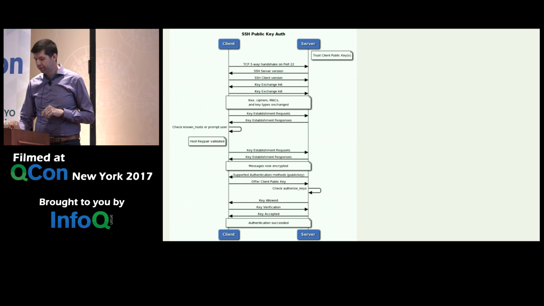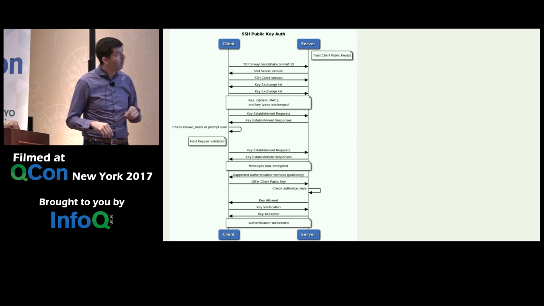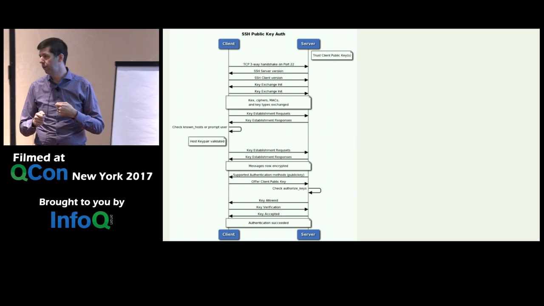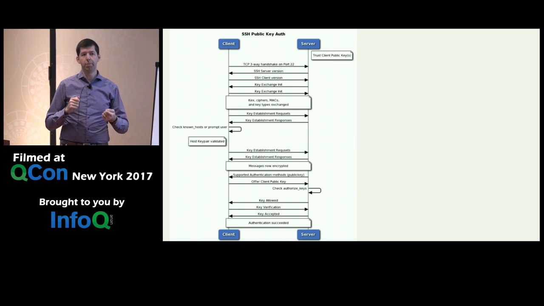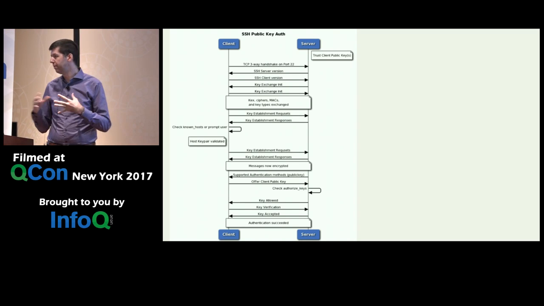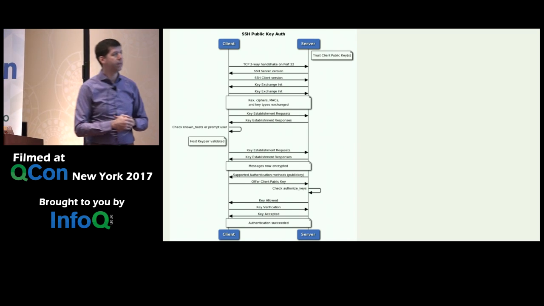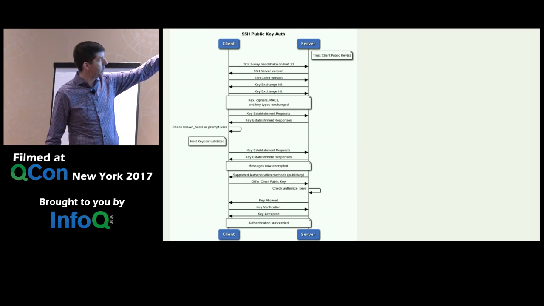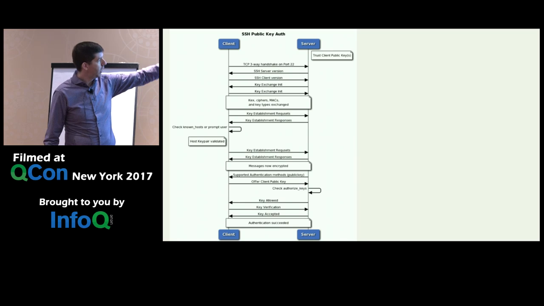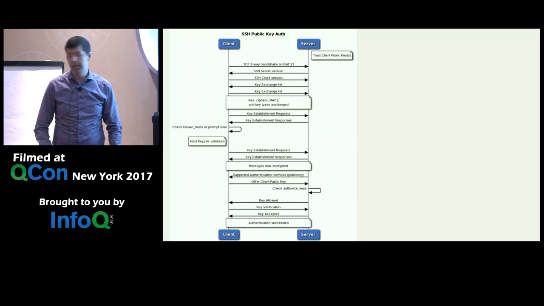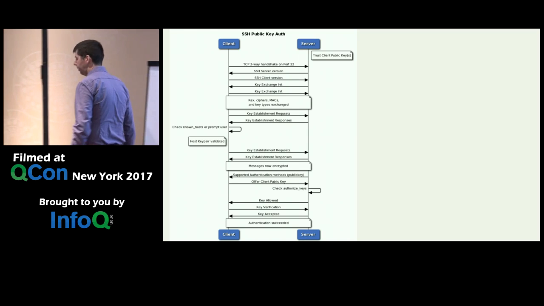But the really interesting point here is that this is basically what happens when you do a network connection between a client and a server. And there's a public key authentication happening with SSH, right? So you've done SSH keygen, you've got your keys in place, you set up the connection, and it sends a variety of information back and forth. It establishes a key for your session, and then starting down here, messages are now encrypted, and we go down and we can see all those pieces come together.